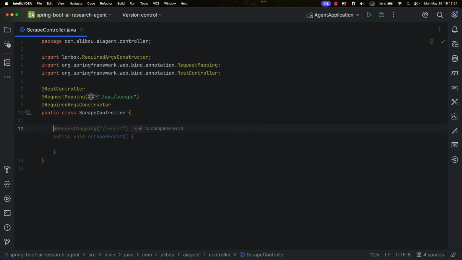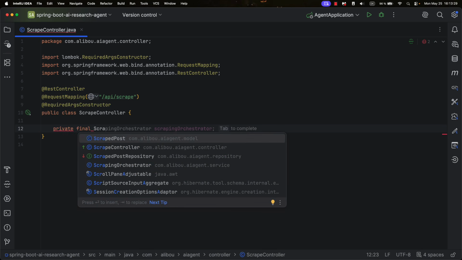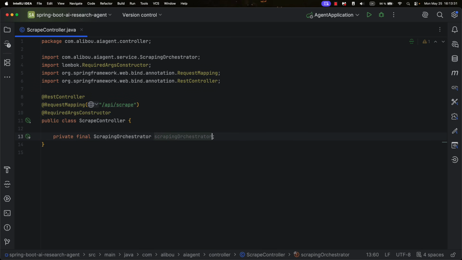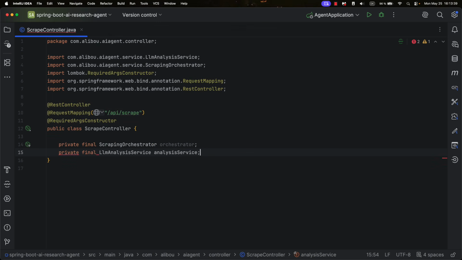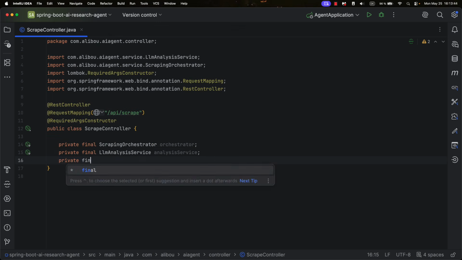Now let's inject a few services. So we need our private final scraping orchestrator. I'm gonna call it orchestrator as a short name. And then I want to have a private final LLM analysis service. And let's call it analysis service. And we have private final scrape post